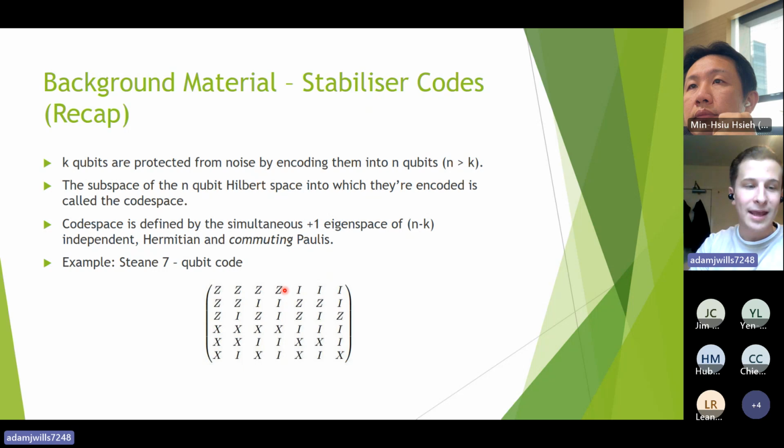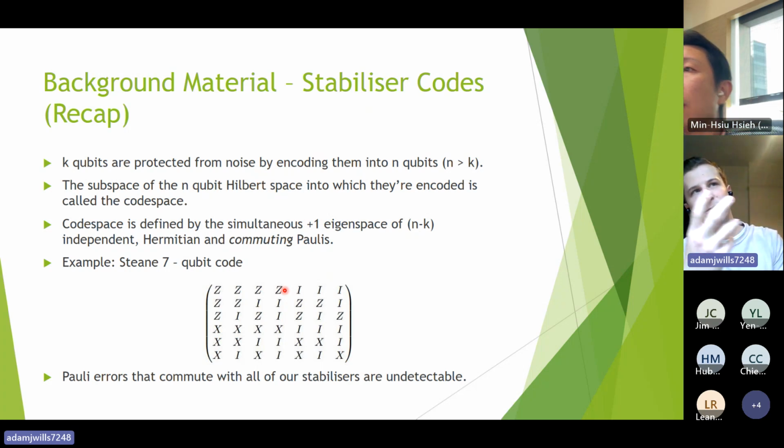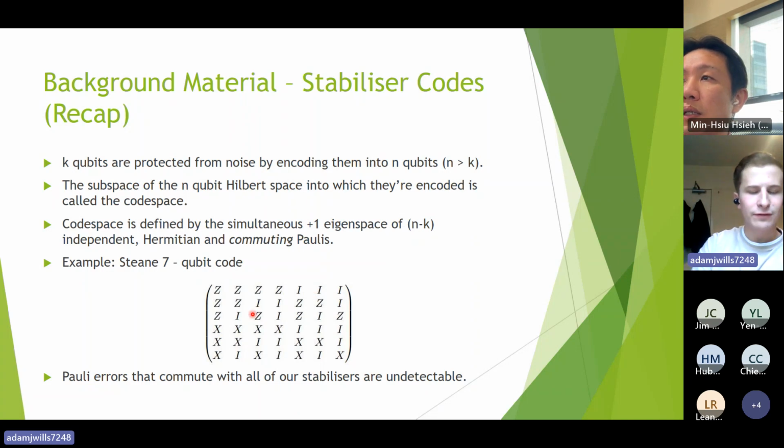So this is going to encode k equals 1 logical qubit. And so what operations are there that are going to keep us within the code space? Well, let me talk about how we can tell whether there's been an error. What we'll do is we'll measure every stabilizer. So we'll measure Z1, Z2, Z3, Z4, Z1, Z2, Z5, Z6, and so on. And if we get +1 for all of them, then we know that we're in the code space because it's the simultaneous +1 eigenspace of all of these. If we get -1 for any of them, then we know we must be outside of the code space.